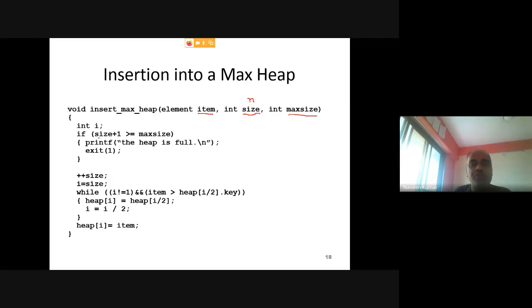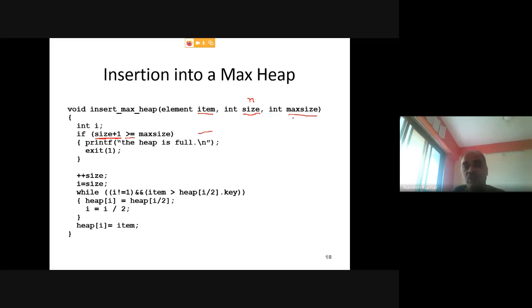Okay, so if you are inserting something, you first need to check whether your array has extra space or not. If there is no extra space, meaning the array is full, right? You need to increase that n by 1, since you want to add one element. But if n plus 1, or size plus 1, is greater than or equal to max size.